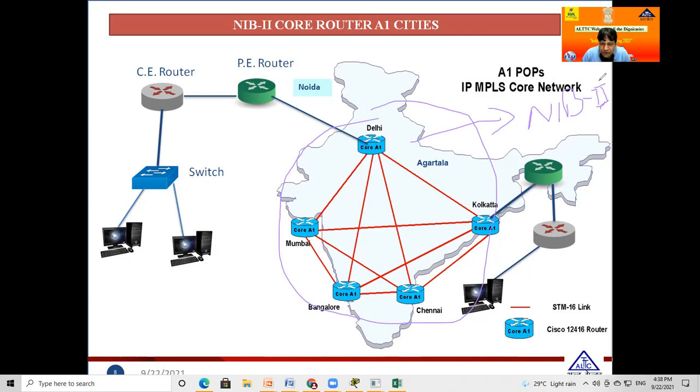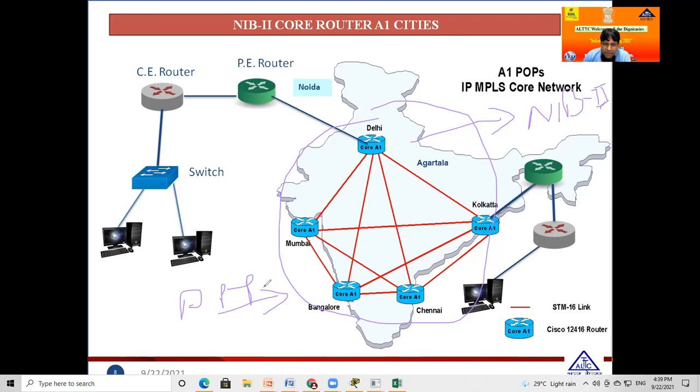You can see on screen Delhi, Mumbai, Bangalore, Chennai, and Kolkata. This is common for all companies as per government policy. It may be possible that some PPP model, public-private partnership model, may be applicable to some routers handled by a private organization, but overall monitoring of the national router is by the Government of India, by default currently BSNL.